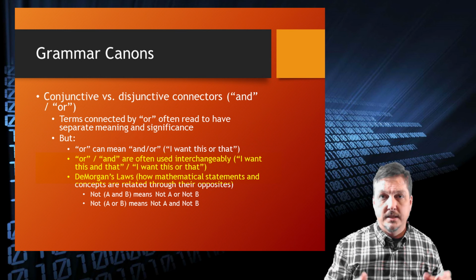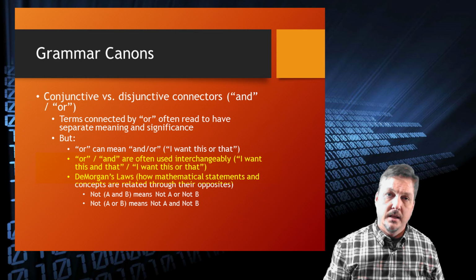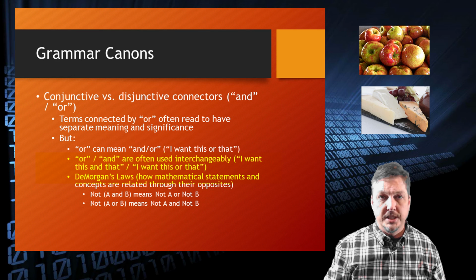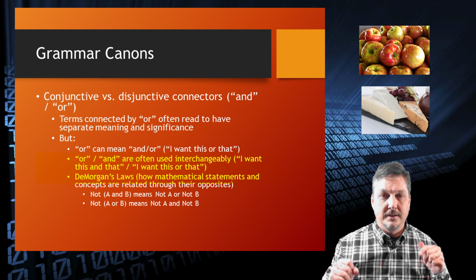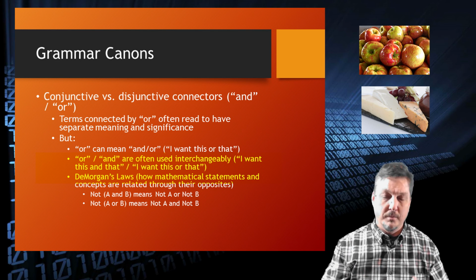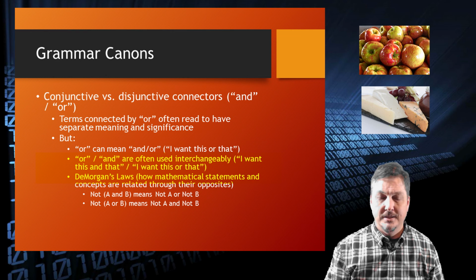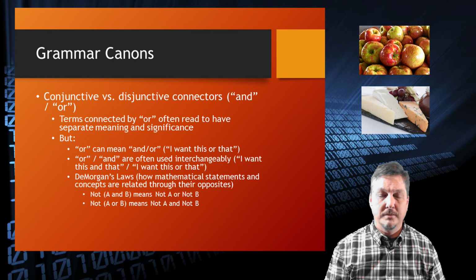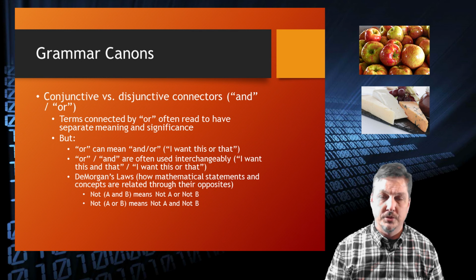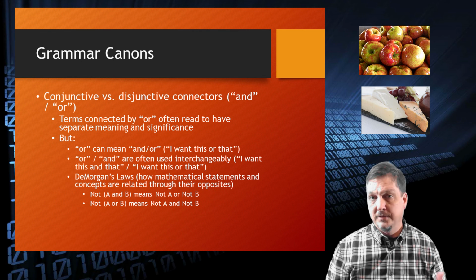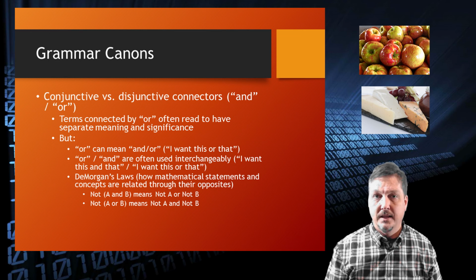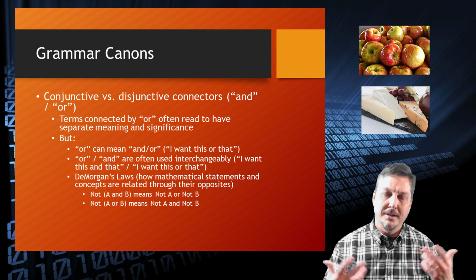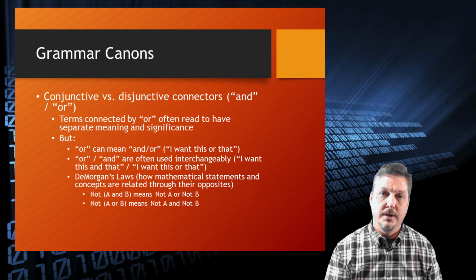So take this phrase, "I want this or that." So let's say, "deliver me apples or cheese." And let's say that you bring to me both apples and cheese. Have you contravened my command or my request when I said deliver apples or cheese? No. Yeah, you delivered them both. You've satisfied it. You could have delivered just apples. You could have delivered just cheese. But "or" can be satisfied through "and/or."